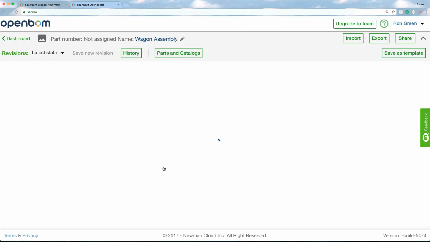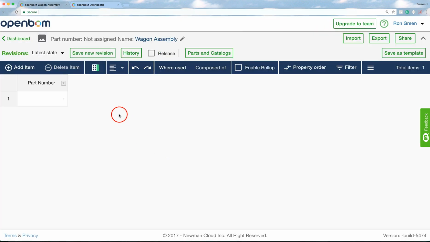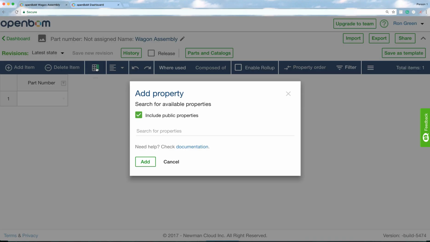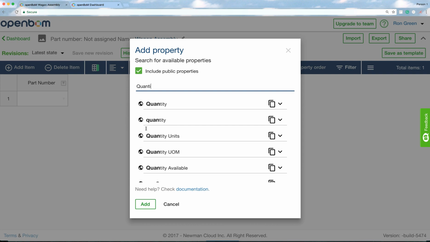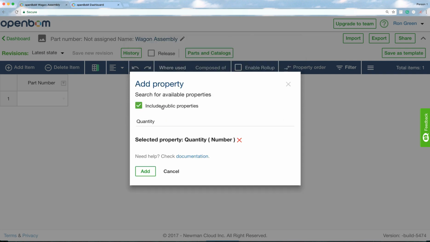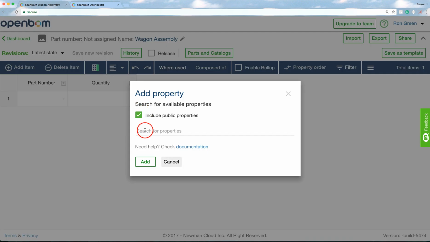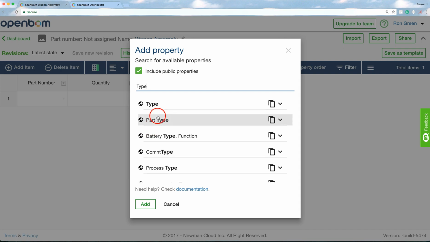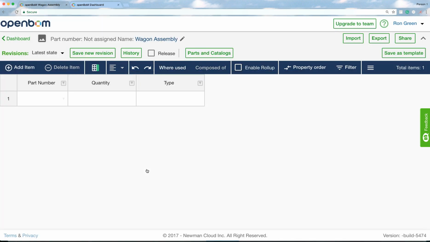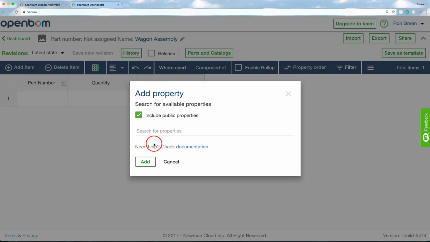Let's start by creating a BOM. This is going to be a very simple BOM, so please don't laugh. I want to just give you the concept here, or get across the concept of how easy and flexible OpenBOM is to manage your data, particularly with a parts catalog. In this case, the one that has already been created automatically by OpenBOM when you create your first